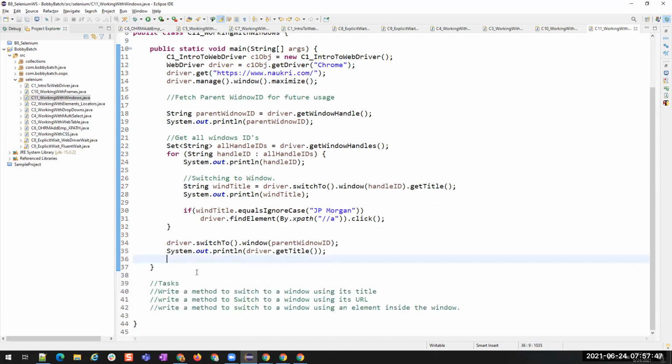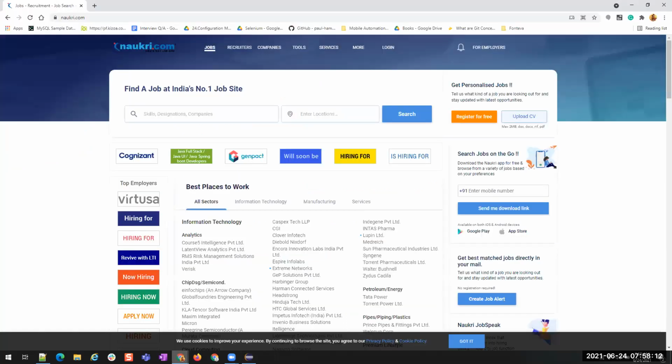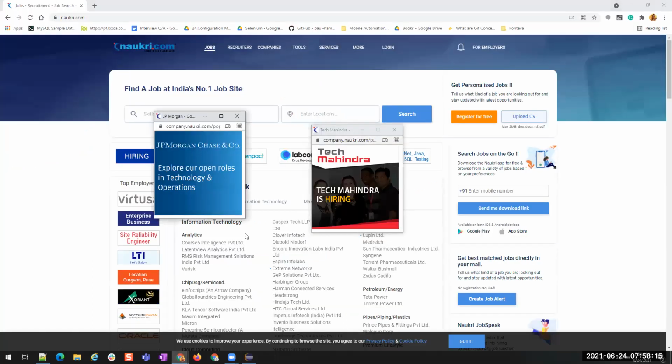Now did we discuss the driver.close and driver.quit methods? No, right? All right, now let us discuss. I'll close all these unwanted windows. Now you see here, we have these three things, right?